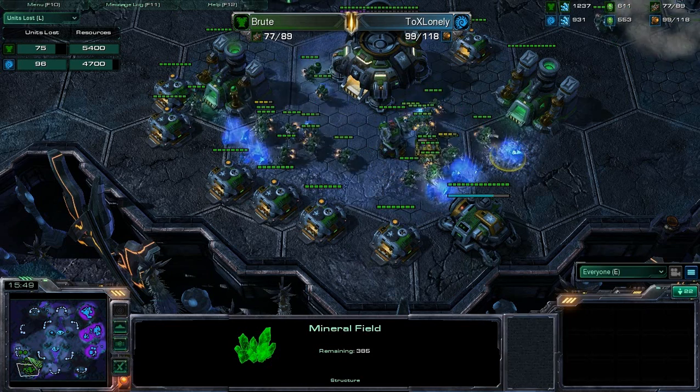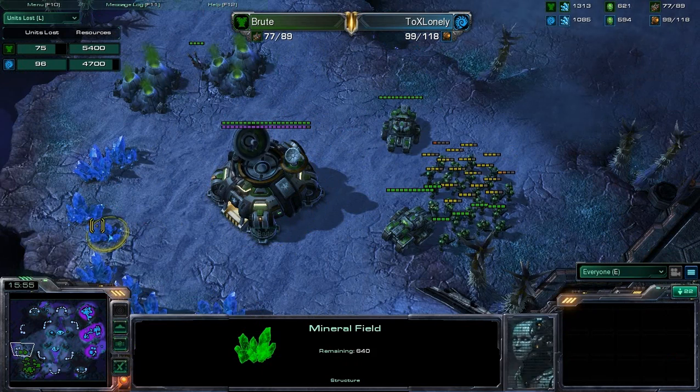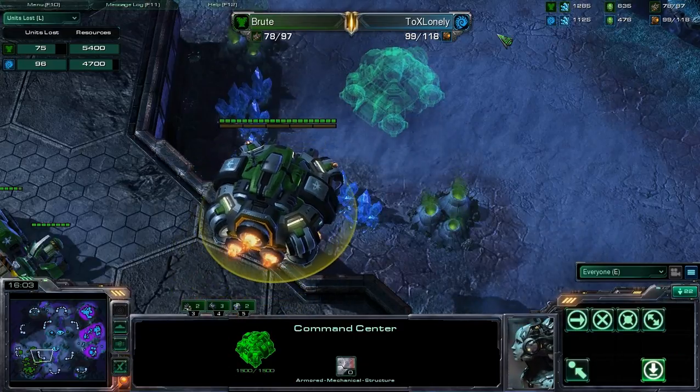It looks like he's at around 1,500 minerals left in his base. Not a good position to be in. He's going to need to get this one up and running ASAP. Ooh, and he could really use this third expansion, so it looks like he's sending it out right now, which